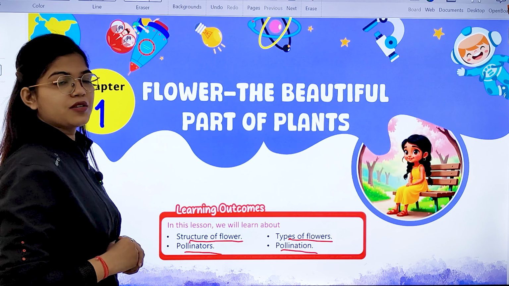See, first of all, you have to match these flowers with their plants. So, as you can see, this is what? This is a lotus flower, so we'll match it with this plant. This is rose, which will be matched to this plant. And this is hibiscus, which will be matched with this plant.